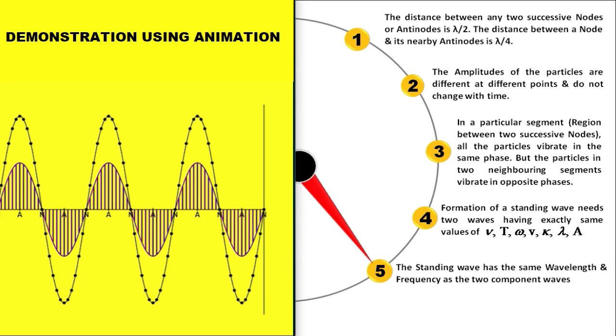Also you can verify the same thing by taking the reflected wave. See, the blue one is the reflected wave and the black one is the standing wave, and you can verify that their wavelengths are the same, okay, and their frequencies are also the same. That is very difficult to actually verify here, but remember their amplitudes are not the same. Is it clear? So this point is here, the two waves, means the incident and the reflected wave, must have all these quantities the same. But if you compare an incident wave with the standing wave or a reflected wave with the standing wave, we will find that their wavelength and frequency are going to be the same.